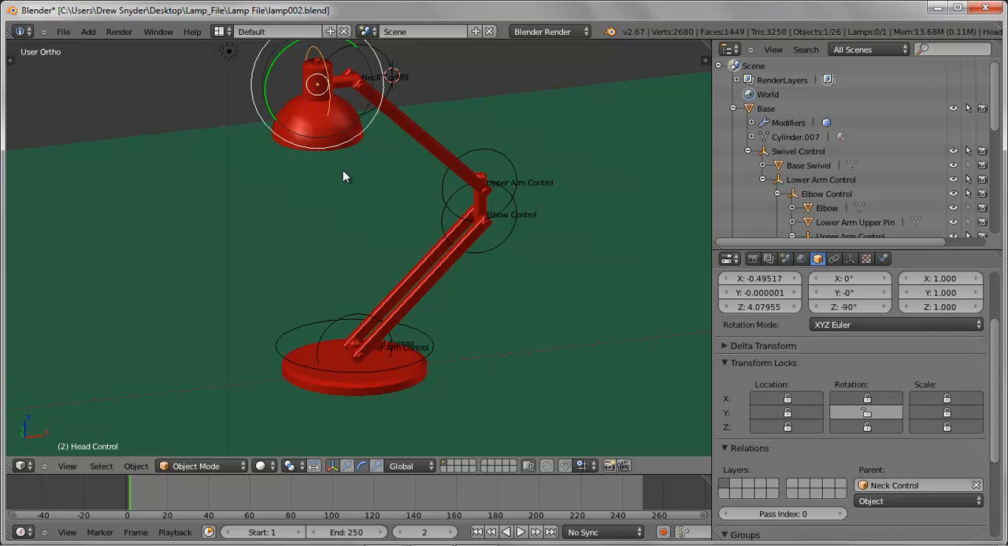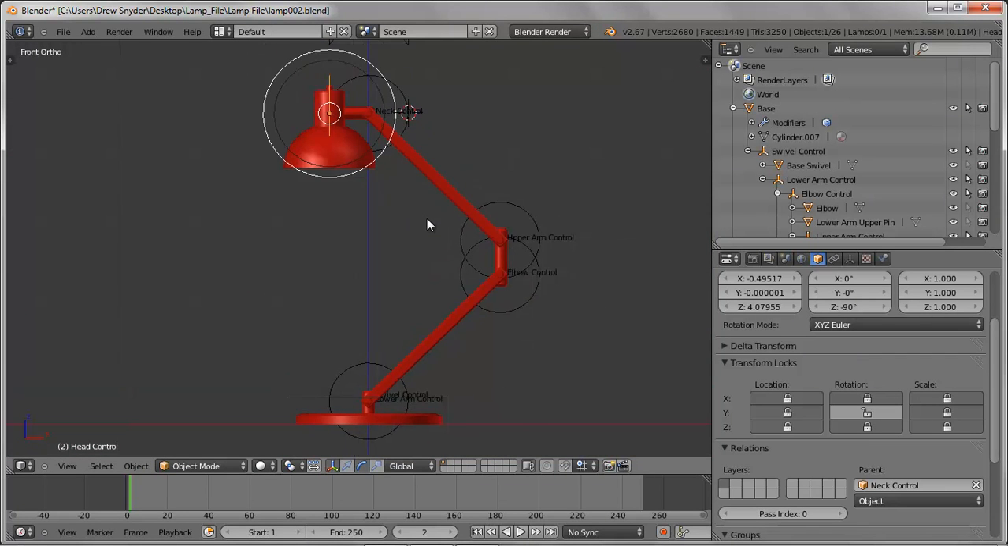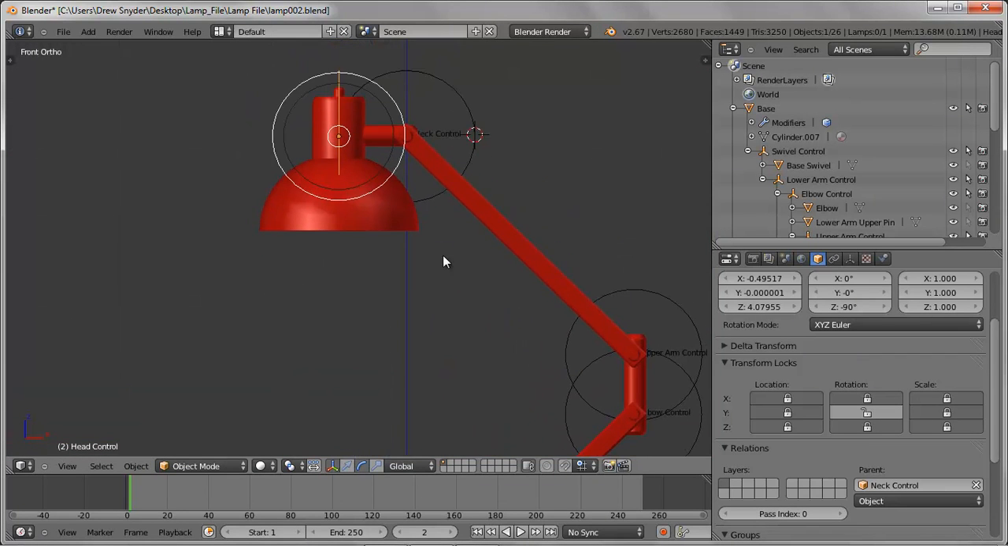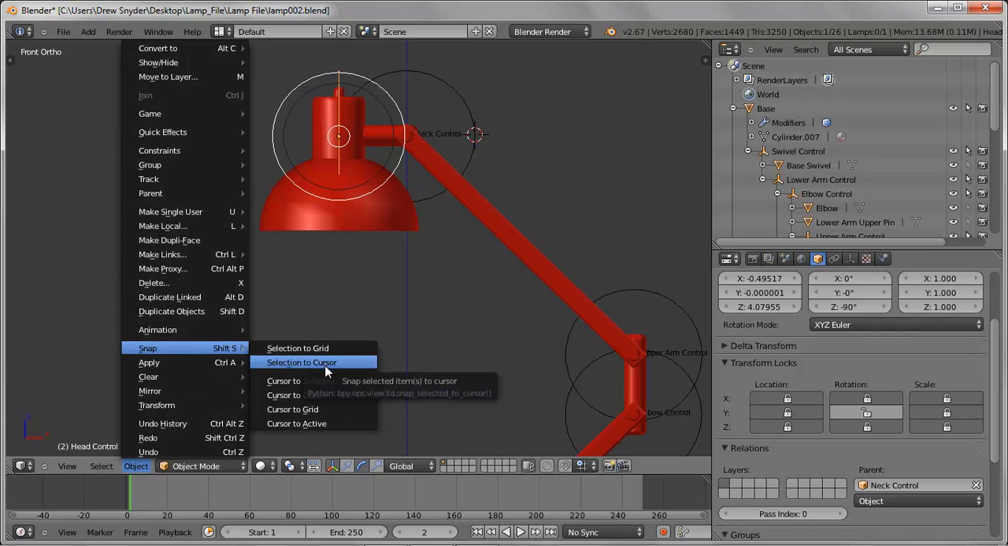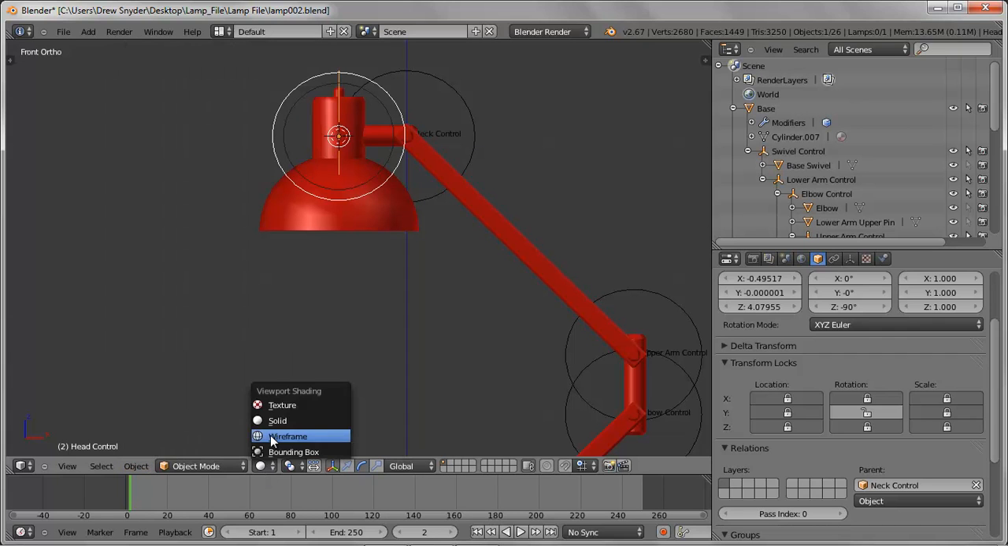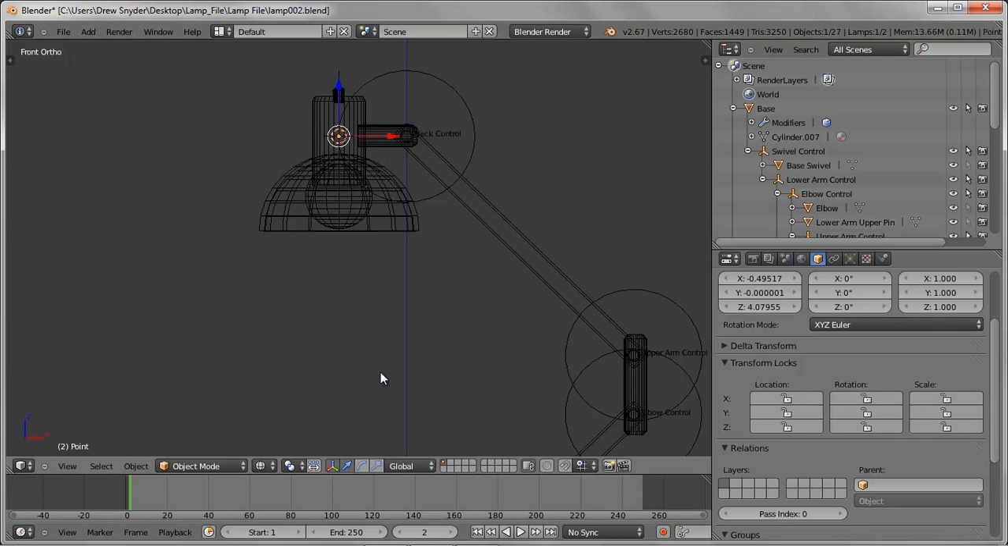The last thing I want to add is that currently this doesn't have a light, so let's add a light. I'll come in and basically create this where the head control is. So Object, Snap, Cursor to Selected, switch to sort of wireframe, Add, Lamp, Point, and then we'll move this down and put it in the middle of the bulb,